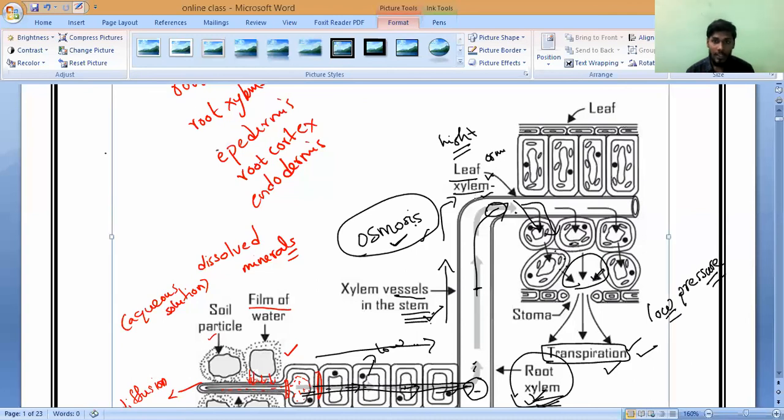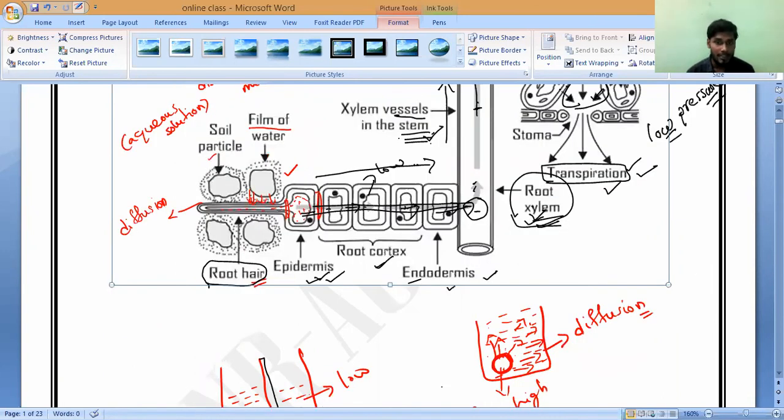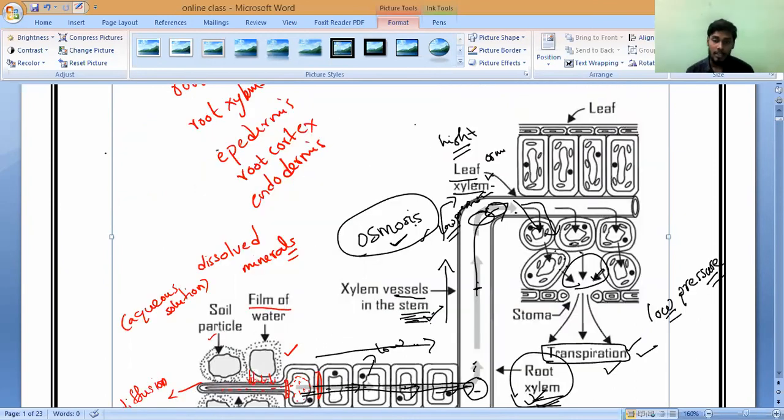Now the leaf will lose the water because it is continuously supplying to the leaves. So once this water is lost, here it will create the low pressure. Correct or not? Yes, sir. So once it creates the low pressure, then who will supply the water to the leaf xylem? Xylem vessels in the stem. Stem will supply continuously the water to the leaf xylems, by the process of osmosis only. Now, xylem vessels in the stems, how